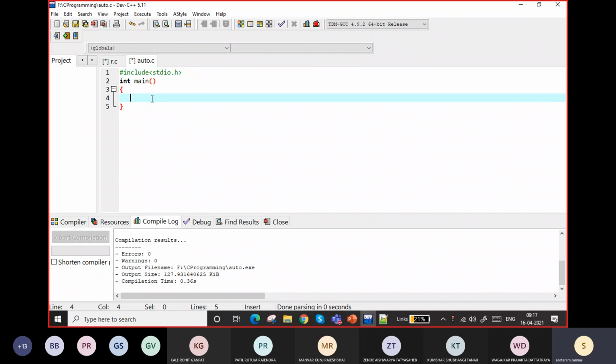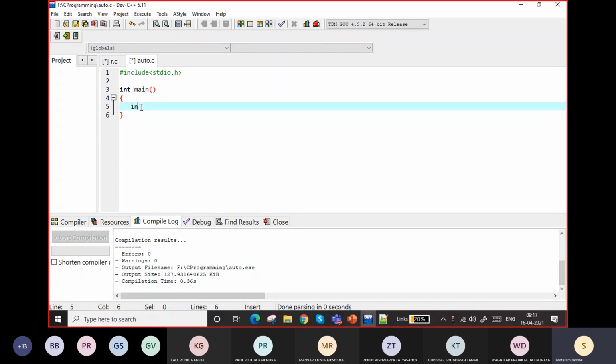Suppose you want to take some variable, and you know its value will be a constant value. For example, you want to take the size of an array in the program.